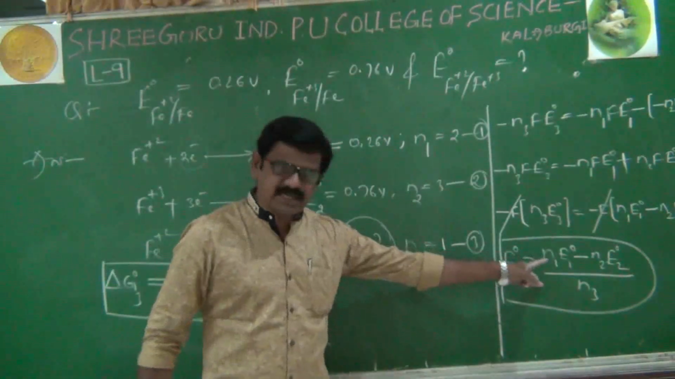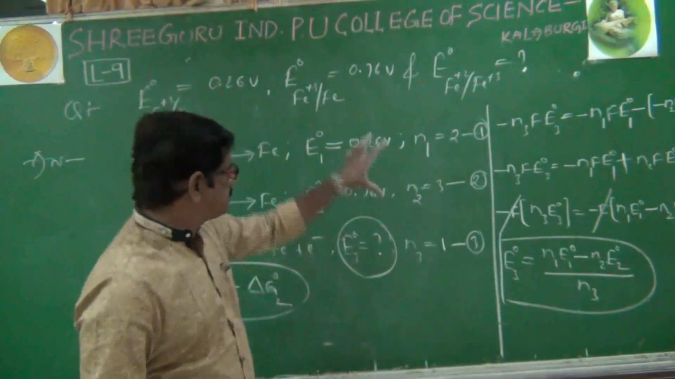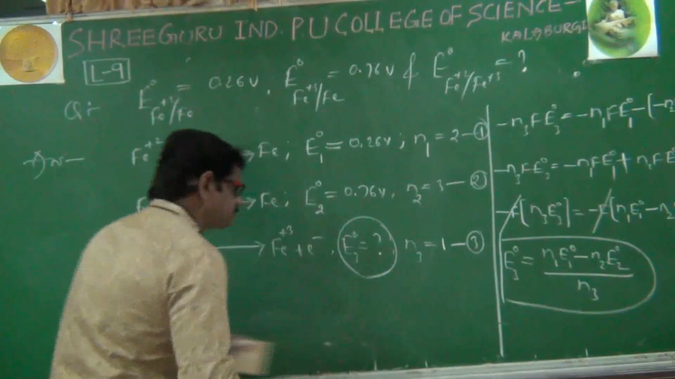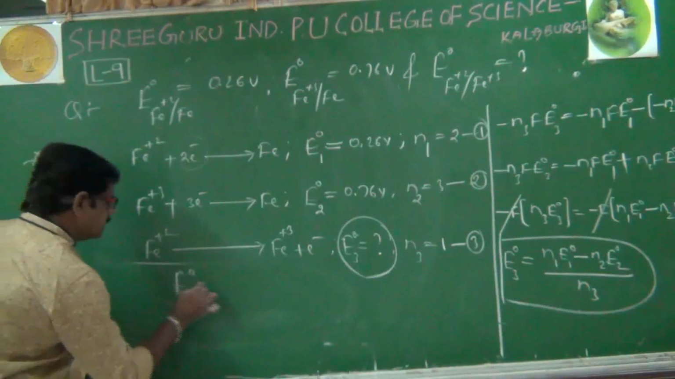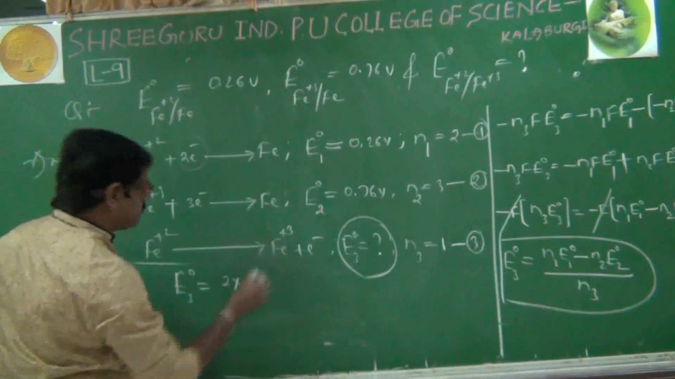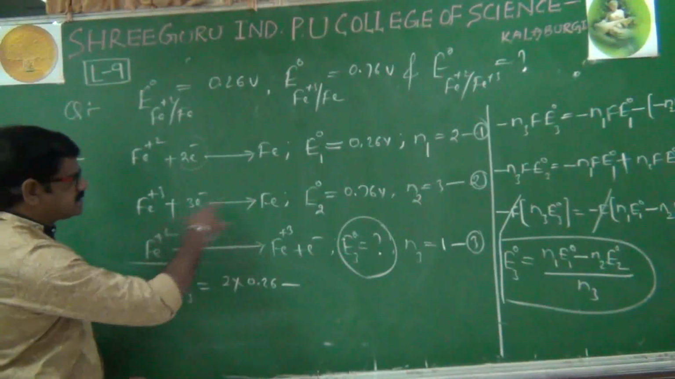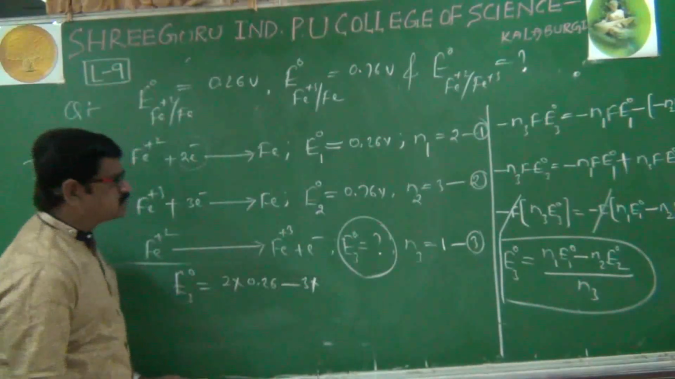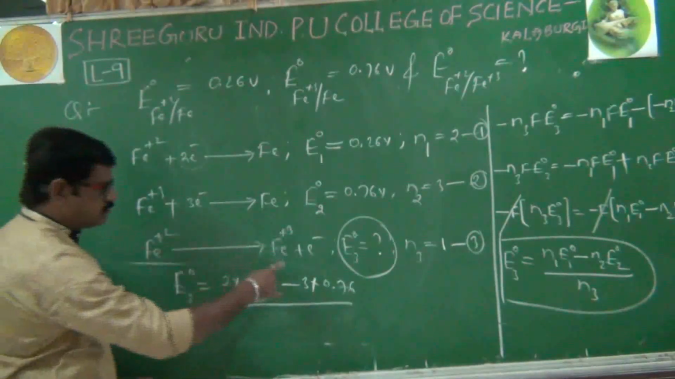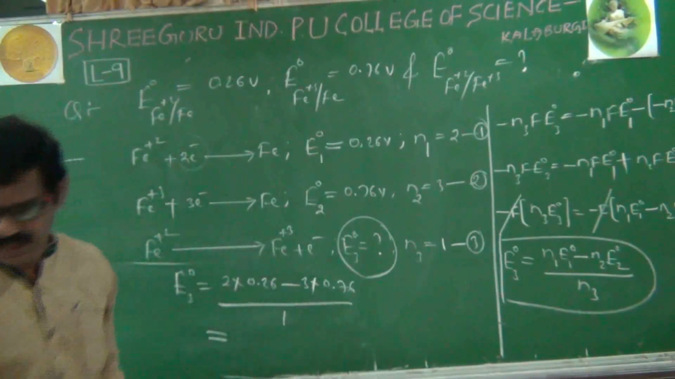Here, whatever the moles of electrons involved, those electrons we are also multiplying. Now if you substitute all the values, you will get the answer. We'll solve the remaining part here. That is E naught 3 is equal to N1 value is 2 into E1 naught which is 0.26, minus N2 value is 3 into E2 naught 0.76, divided by N3 value is 1, just 1. And if you simplify this value, you will get